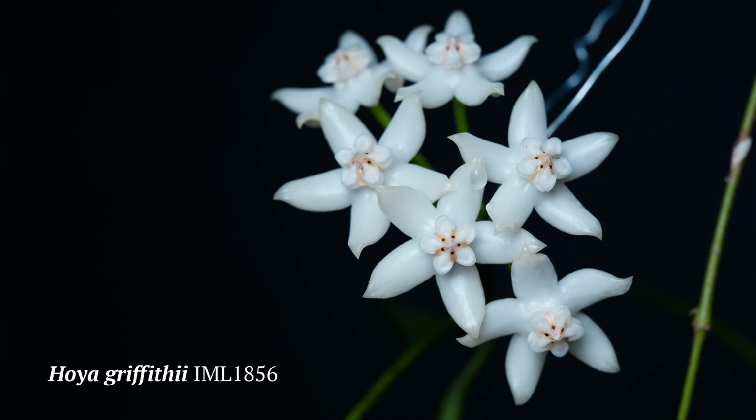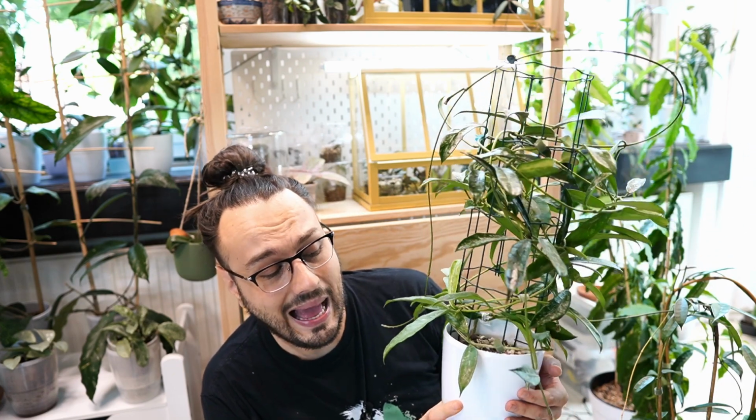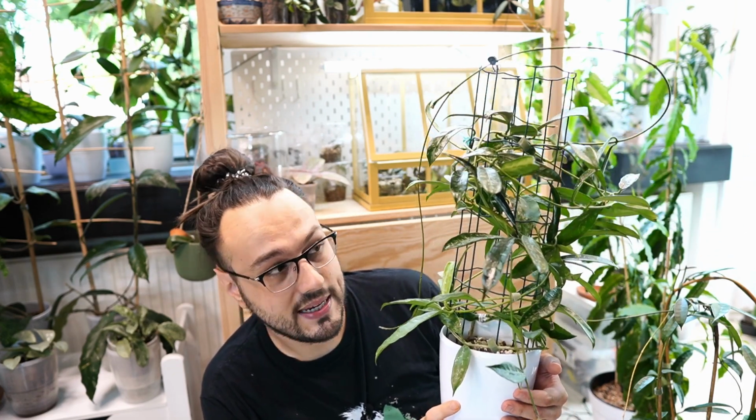Some people don't agree that Hoya Loki smells like chocolate. I think it does. I also like the scent of the flower on Hoya carnosa. I think it's lovely. A lot of people cannot stand Hoya carnosa. They think she has too strong of a scent. So that's a brief public service announcement about the Hoya scents. I just think you have to get it to flower, see for yourself or smell for yourself if you like it or not. But in any case, I do like the flowers a lot,